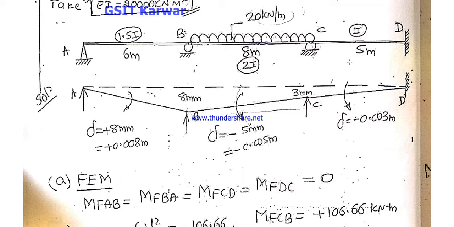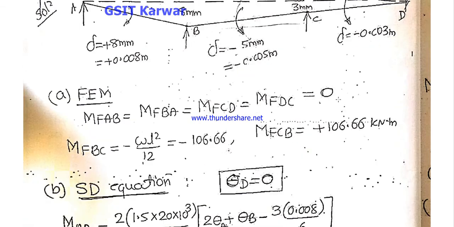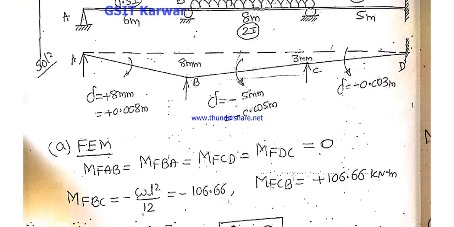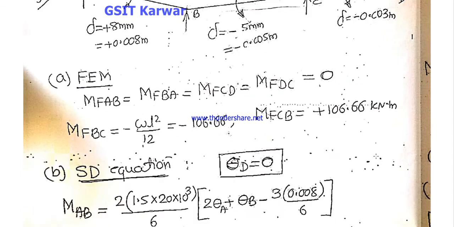So simple. Okay, so that's why the fixed end moments AB, BA, CD, DC are all equal to 0. Okay, next,